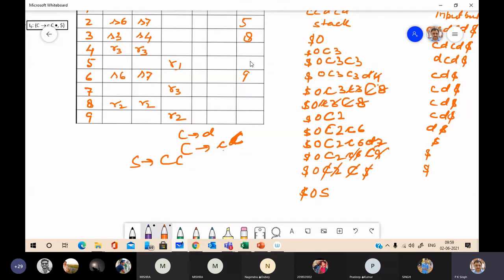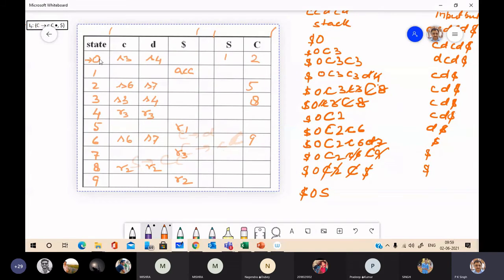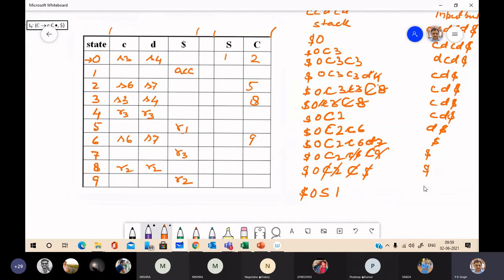Go to 0S, you can see, go to 0S is 1. So here you will get state 1, here dollar. 1 and dollar, that is the accept. So in this way, this parser works.